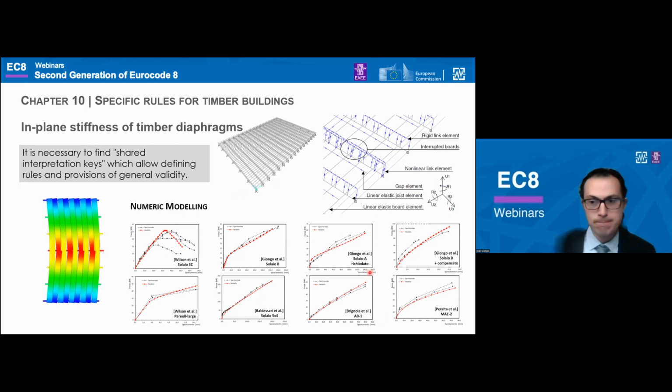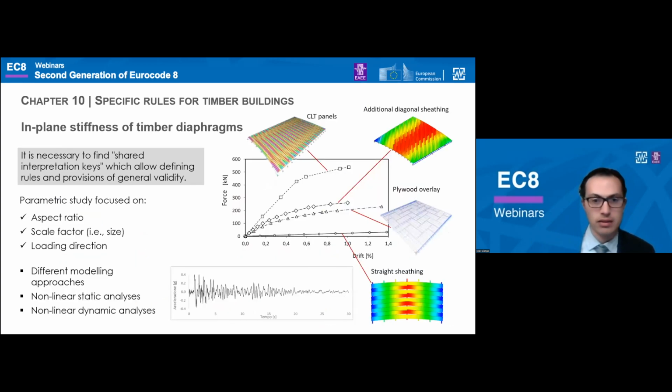And here you can see some examples of the good matching between the numerical and experimental curves. And after that, there was an extensive parametric study adopting different modeling approaches, analysis types, including nonlinear static analysis and nonlinear dynamic analysis. And the study allowed to isolate the influence of various phenomena, such as the aspect ratio or